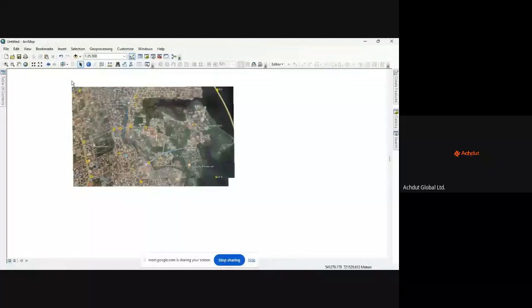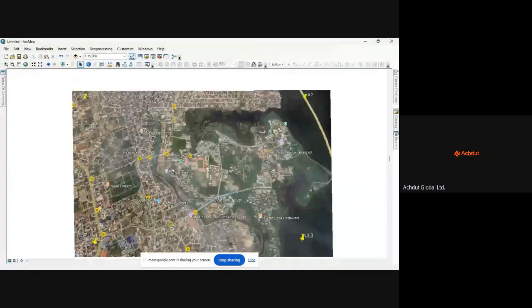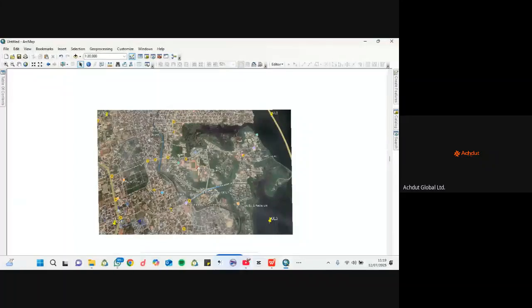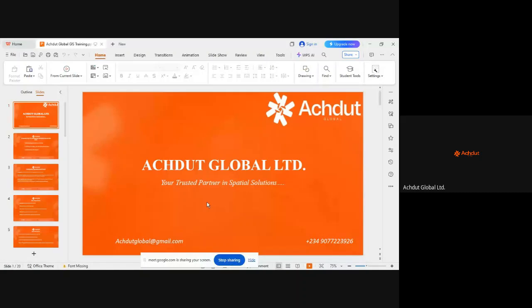We learned what GIS is all about, what GIS can do, and we learned the basics. So I shared the material already on the group. If you have not read it, please go over it. This is the material, right? We talked about